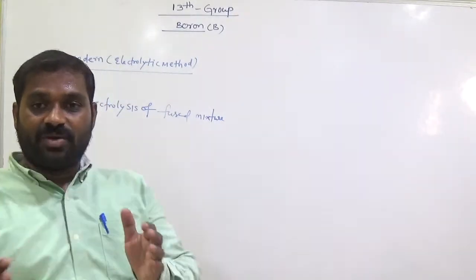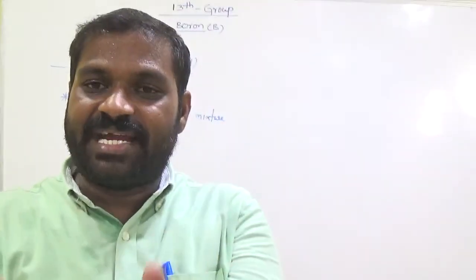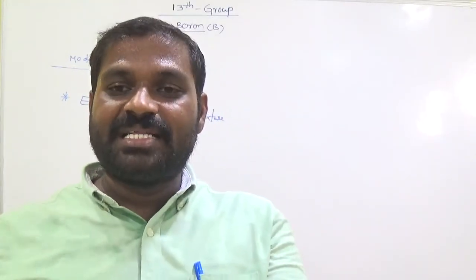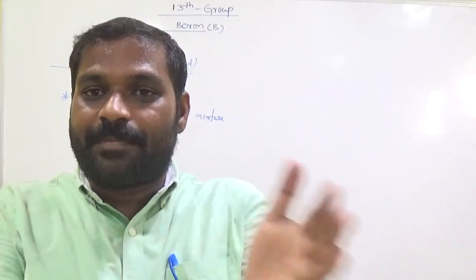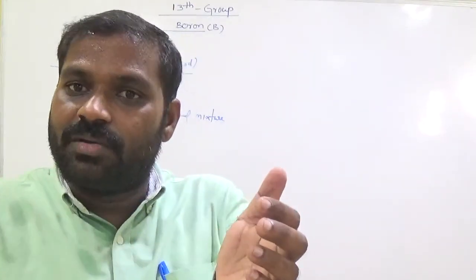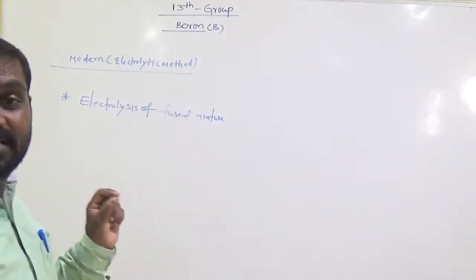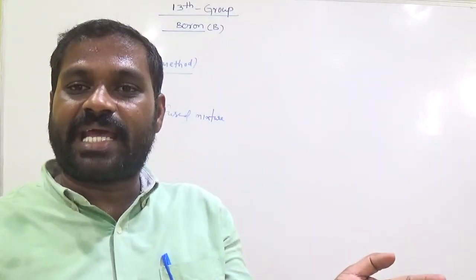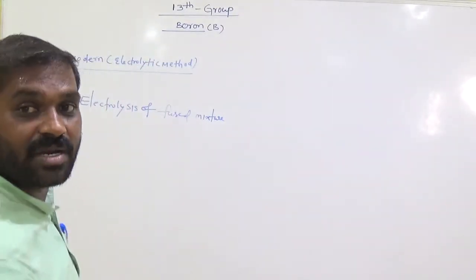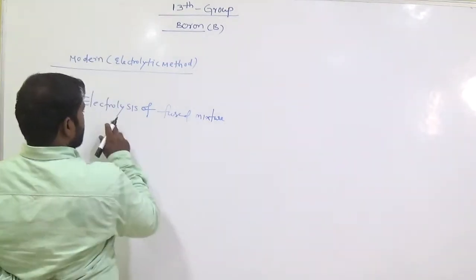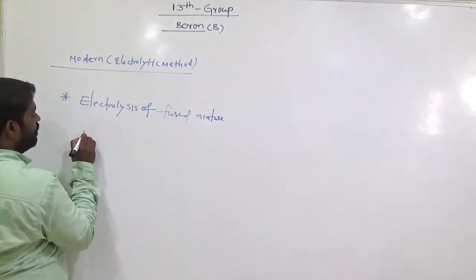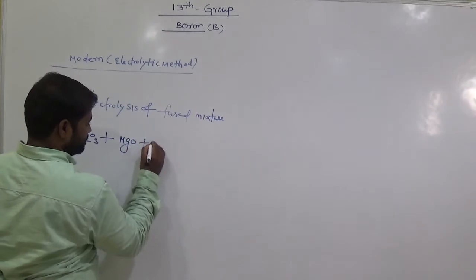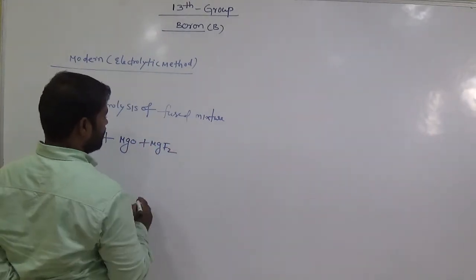Electrolysis method means we have the mixture in a molten or fused state, like semi-solid. We pass electricity into that mixture, then ions are separated. In this method we obtain boron. Listen: in the mixture we pass electricity, then ions are separated as cations and anions. That method is called the electrolytic method. So, electrolysis of a fused mixture of B2O3, magnesium oxide and magnesium fluoride